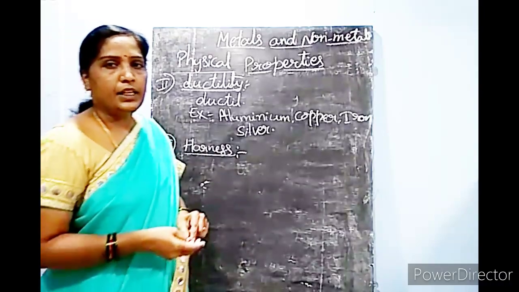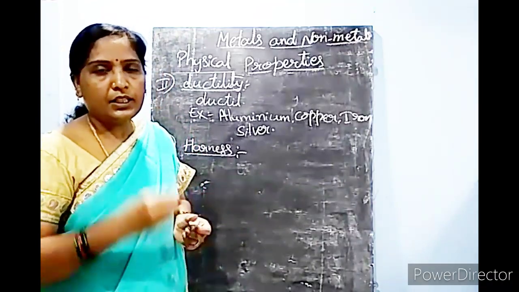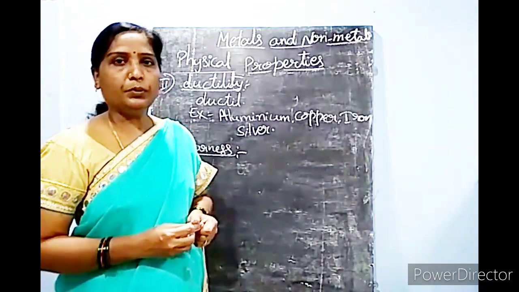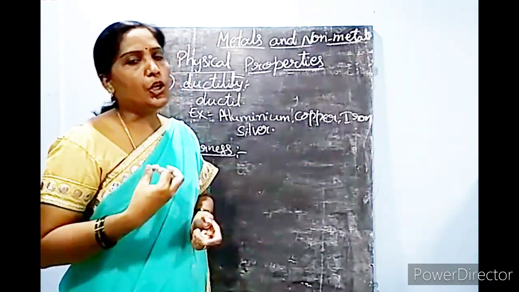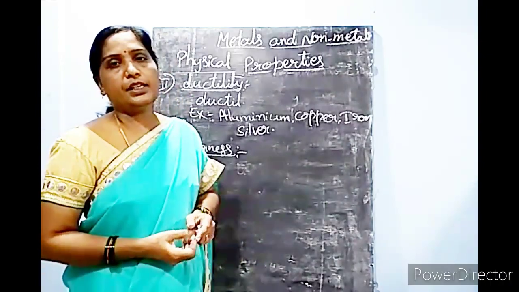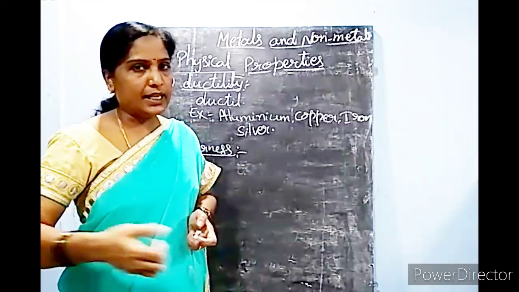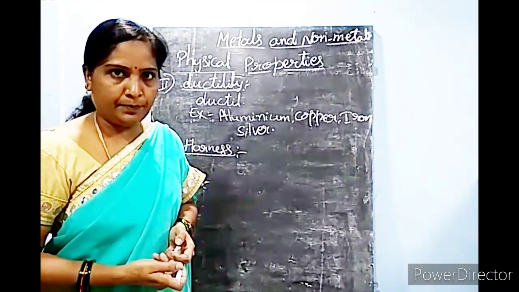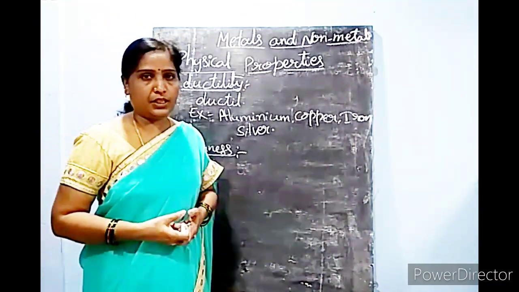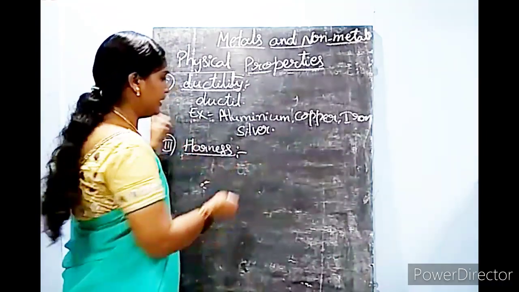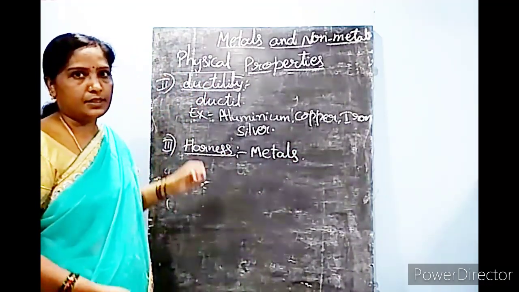Just now I said, if we scratch coal like this with your nail, you can easily see a scratch on it. So it is not so hard when you hold it. So those all come under non-metals. And just now we saw the aluminium utensil. It is a little harder to hold, and scratches can't be easily seen on it. So such materials which are very hard in nature all come under metals.